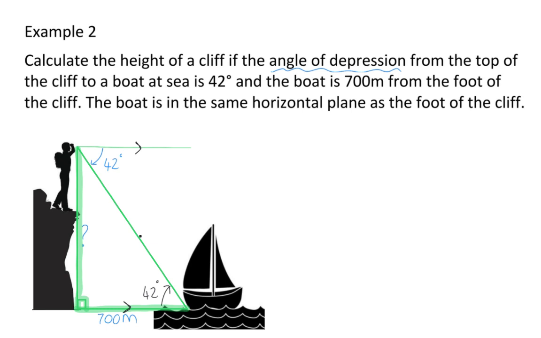This angle of 42 degrees forms our reference angle, and that means the height that we want to calculate will be the opposite side, and we were once again given the adjacent side. This means that again we'll be working with the tan ratio, and this time from a 42-degree angle. The opposite side is the height of the cliff that we want to calculate, and the adjacent side was given as 700. To solve h, we are again going to multiply on the left-hand side, and this will give you a height of